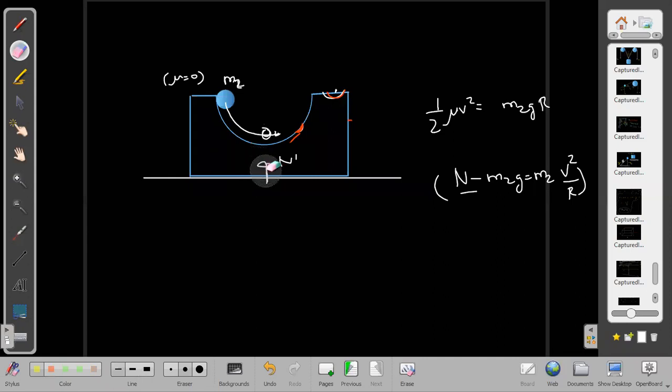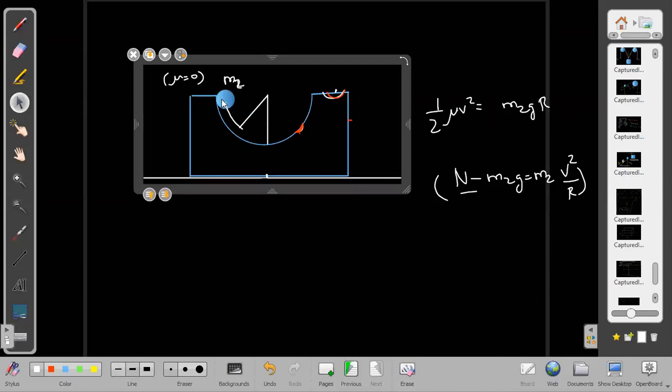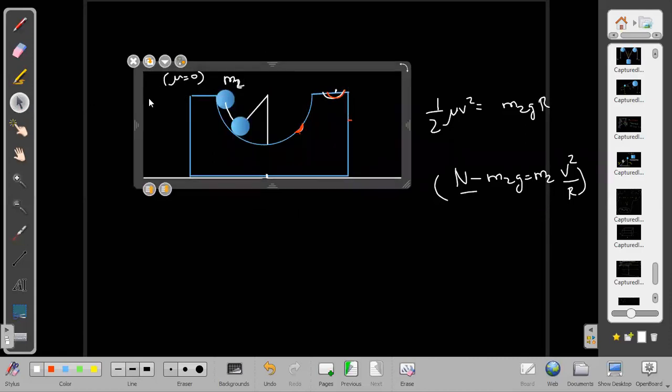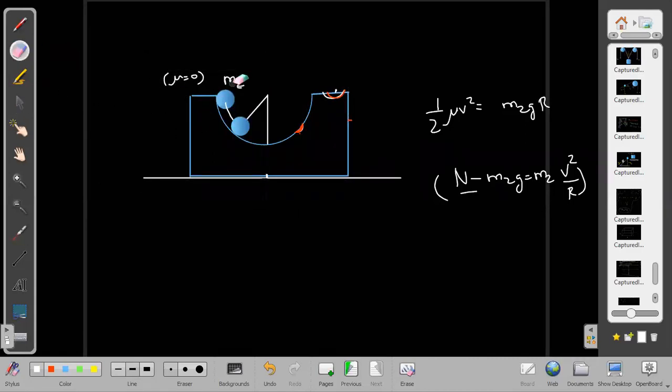It is in the middle somewhere, or it has already crossed it. Maybe it is about to cross it and it has not crossed it yet. So if I want to do this for this particular case, we need to find the normal again here, when it reaches from the first position to the second position.